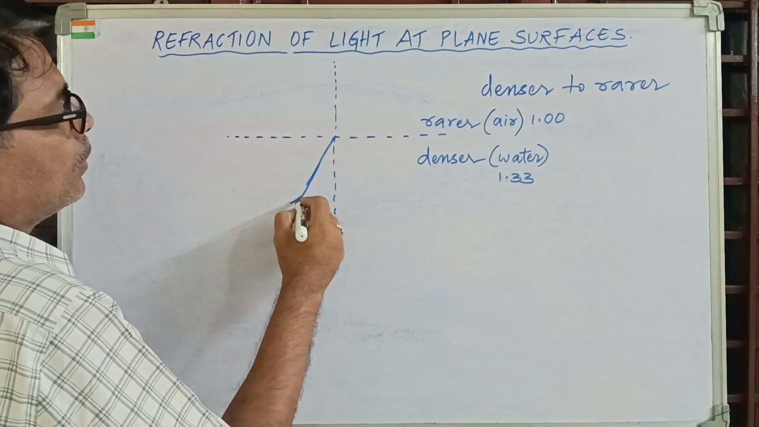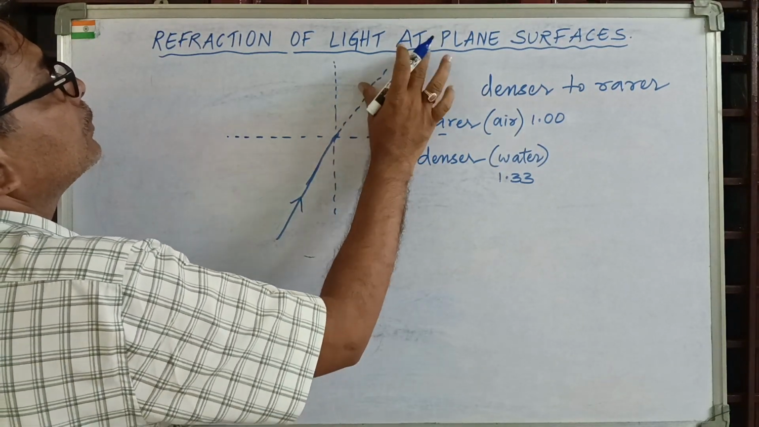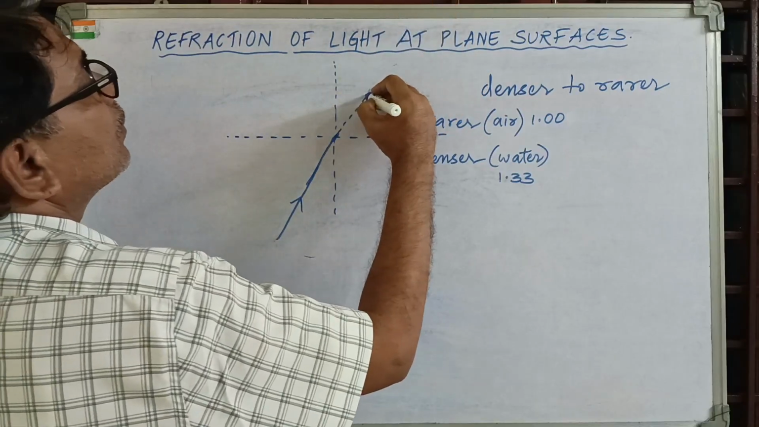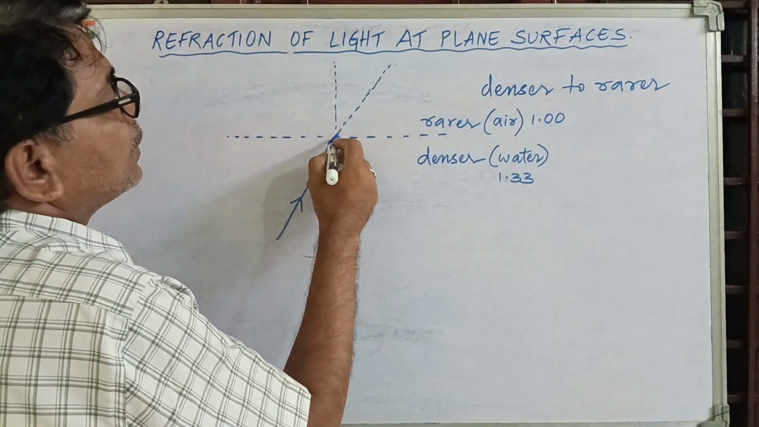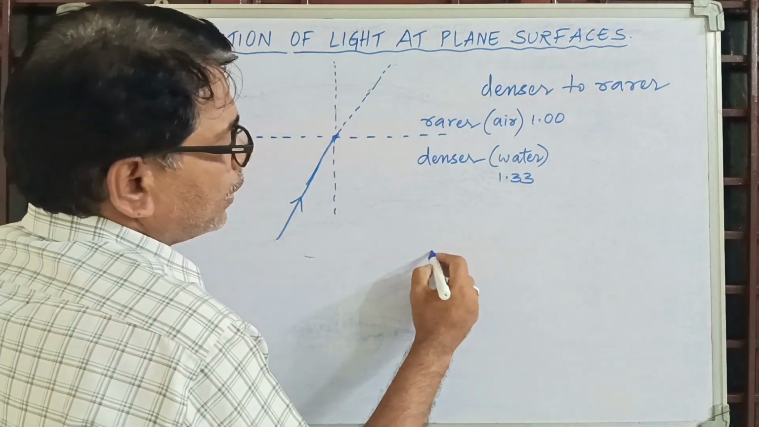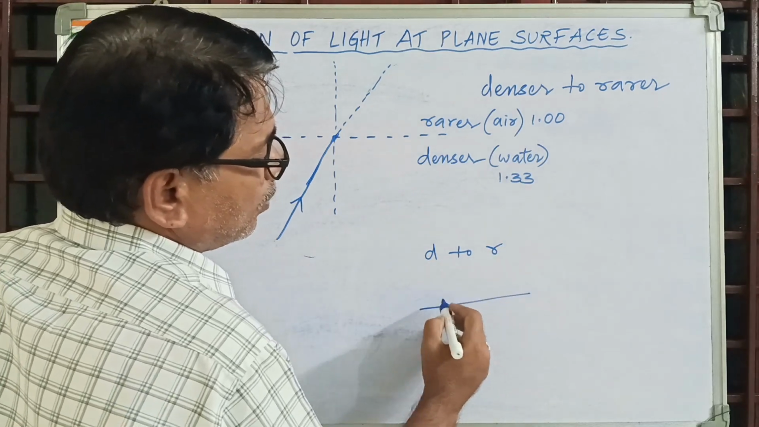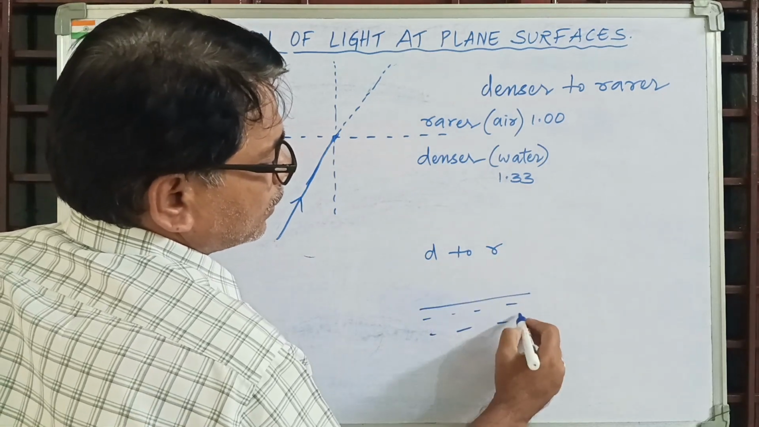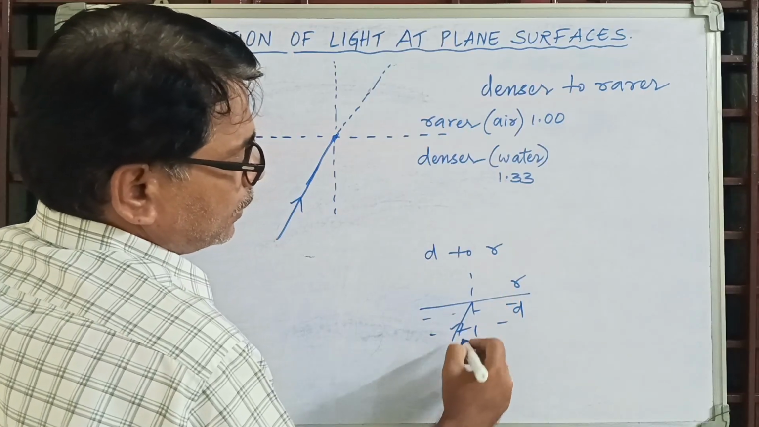Okay, incident ray. It is supposed to go away like this. Yes. Now what is happening? Since the light ray is moving from denser to rarer, when a light ray moves from denser to rarer, it moves away from the normal. So if you take this as denser and rarer, and this is the normal,